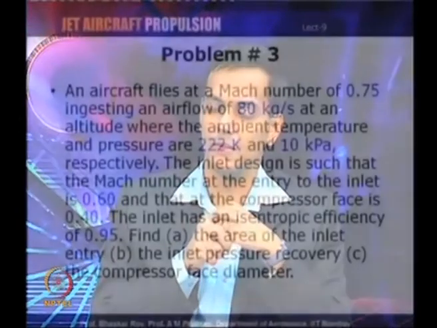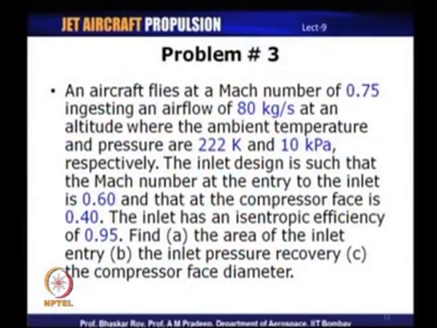So, in the next problem we are going to talk about an air intake and how we can estimate some of the performance parameters of an air intake. So, the problem number 3 that we have for today is: an aircraft flies at a Mach number of 0.75,